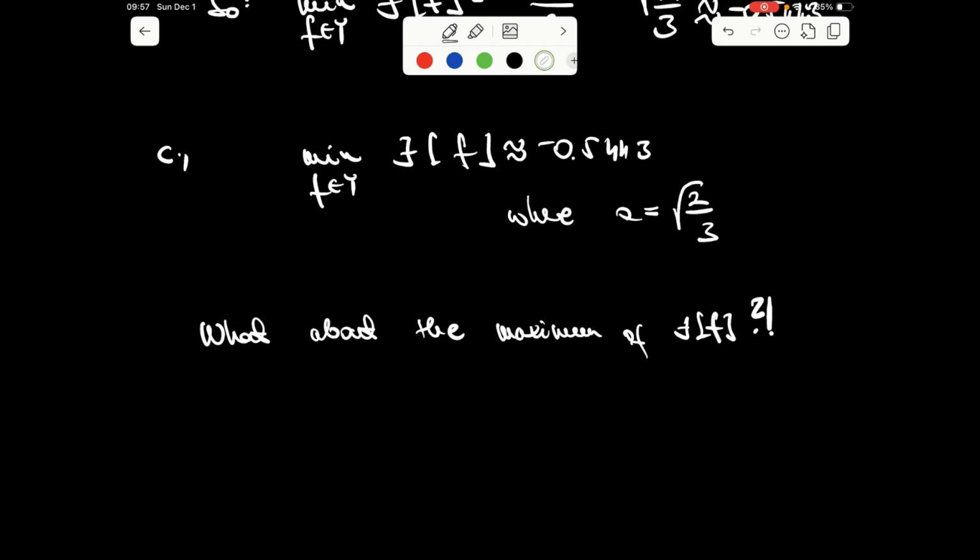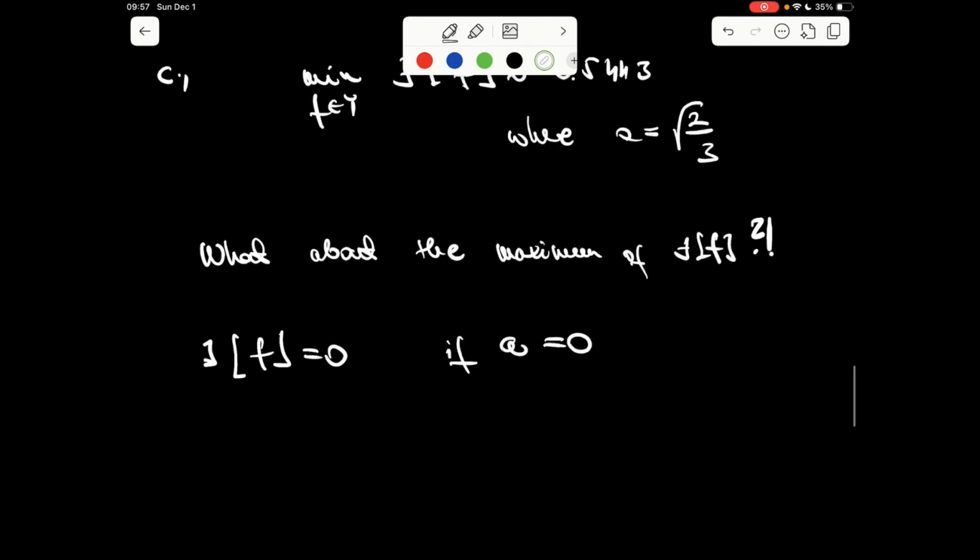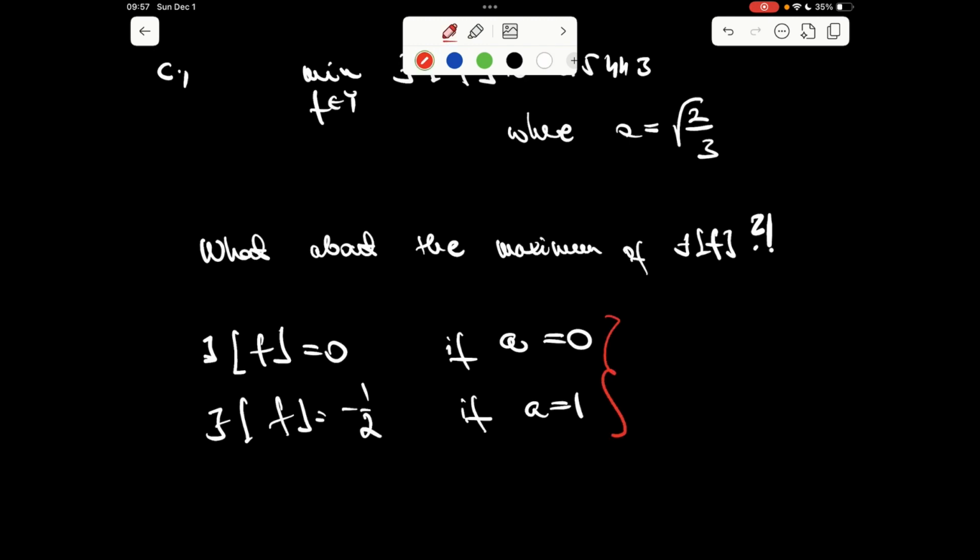So it must be at either a point where a is 0 or when a is 1. So by direct calculation, we receive that the functional is 0 if a is 0, and it is minus 1 over 2 if a is 1. So from this it follows